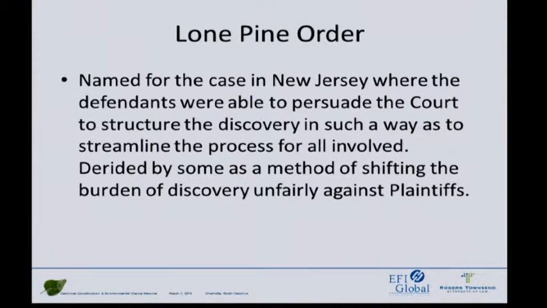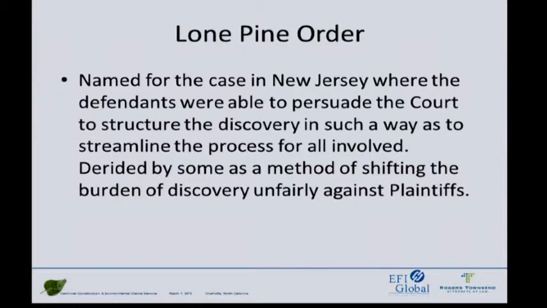What that means. Lone Pine was the name of a case in New Jersey back in the 1980s. And it's kind of a bellwether case, because what the courts did then was a little bit unusual for the times, and it was unusually granted. They allowed the establishment of a case management approach that required the plaintiffs to make virtually a prima facie case on causation for the claims they were putting forward before any further